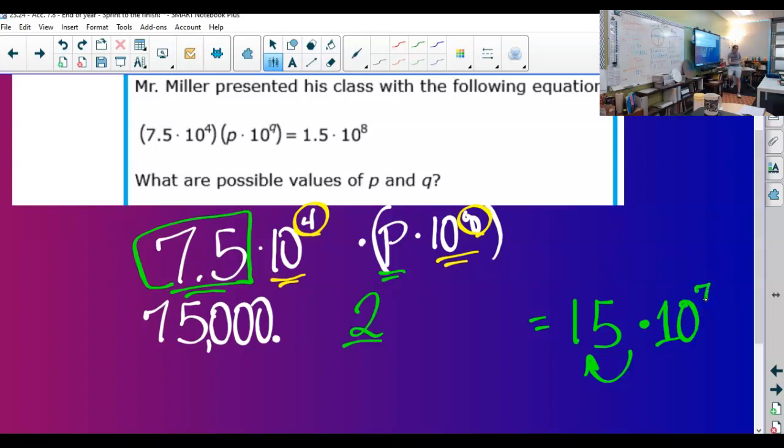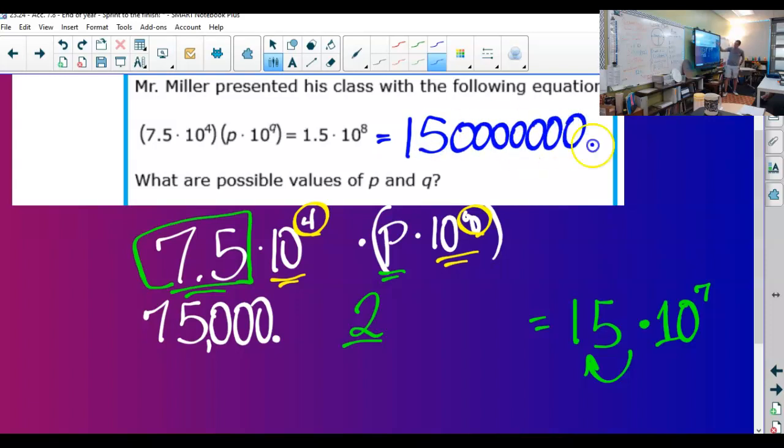And if what I just said doesn't make sense, it doesn't have to. Write out, what is this number? Well, 1 decimal place moved, right? 2, 3, 4, 5, 6, 7, 8. I need to make this answer equal that answer because they want me. So guys, you can do this through testing out and checking. I need this to be 150 million. Will 15 times 10 to the 7th,